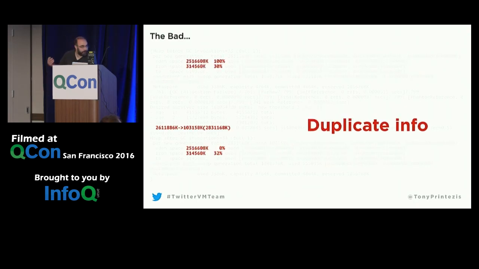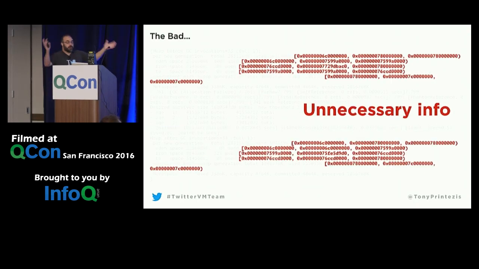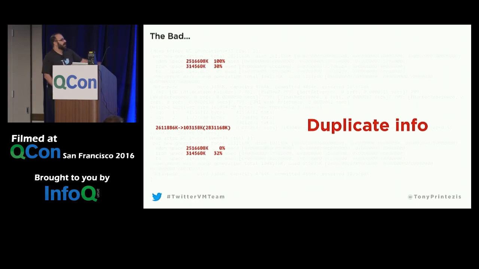Oops, I'm sorry, I got too excited about this. So there is a lot of unnecessary info. What the hell is this? These are the address ranges of the different parts of the heap. Why is it helpful, and why is it filling up my log? There is duplicate information. The occupancy before and after the GC is replicated both at print heap GC and with PrintGCDetails, right? So all those complaints now, those are the mild ones.